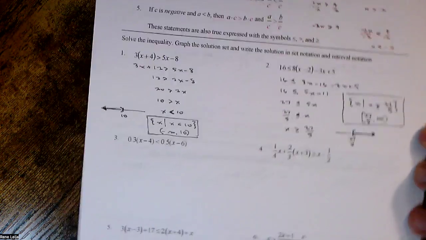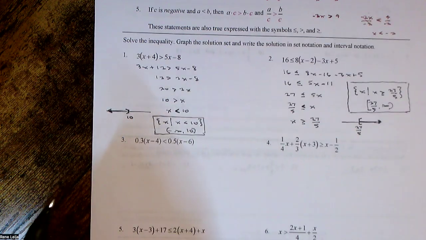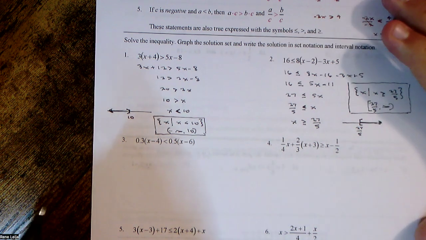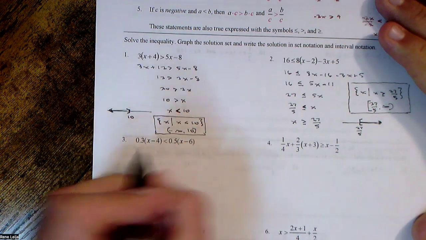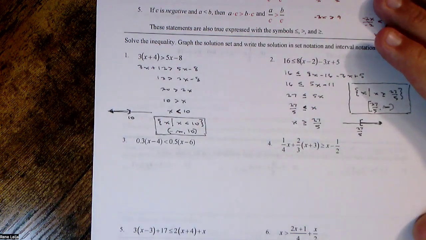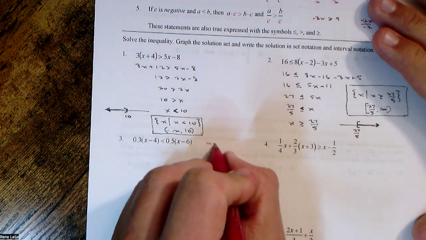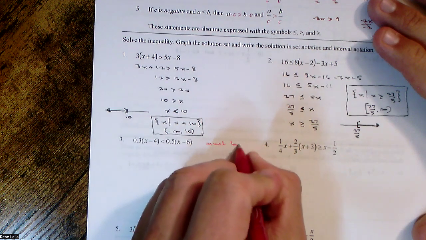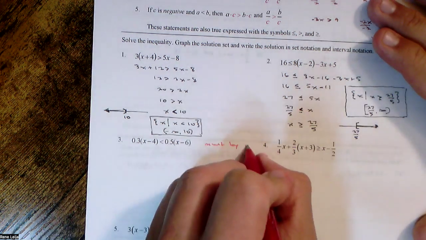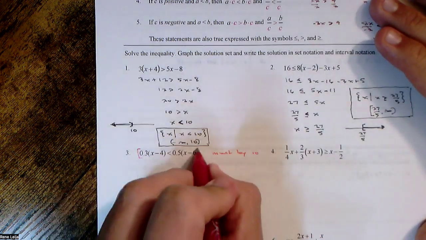All right. Now, this one has decimals, and you can either clear the decimals if you want, but since you have a calculator, I would just deal with it. But if you want to clear the decimals, it might be a little bit easier. Let's go ahead and do that. So let's multiply by, since I have one decimal place, that means 10. So I'm going to multiply by 10. All right. So when I multiply this whole thing by 10,